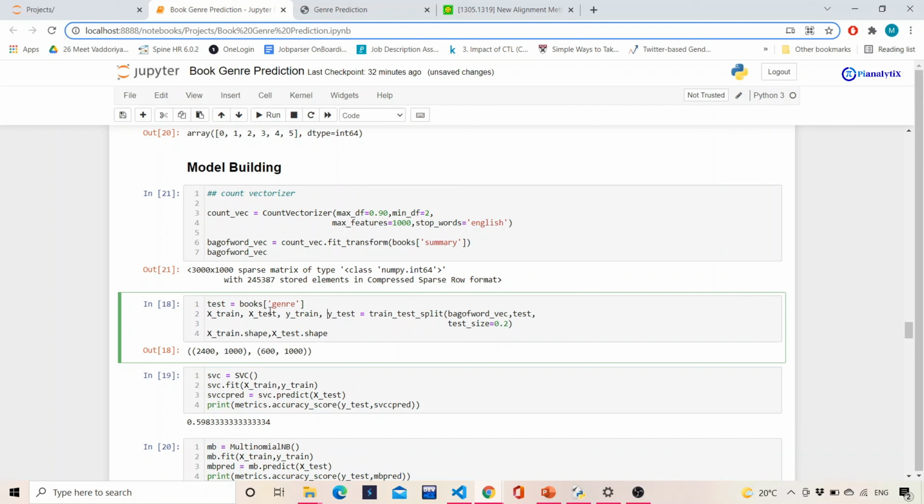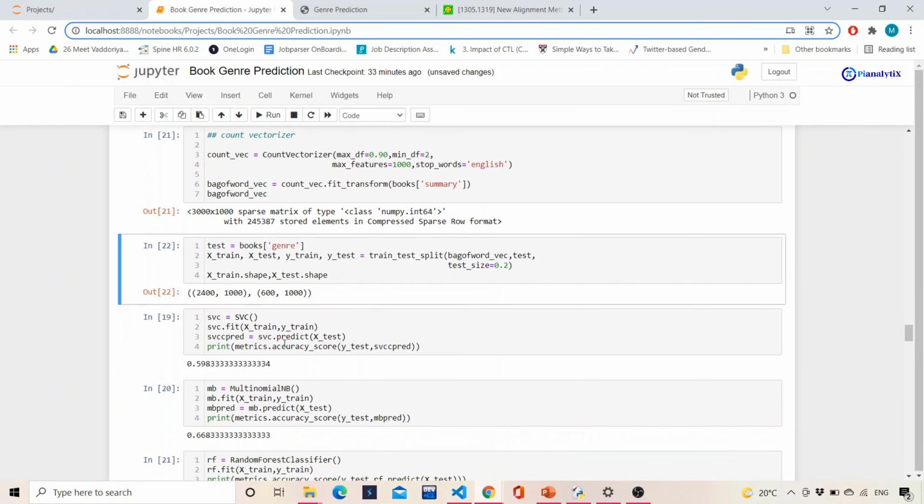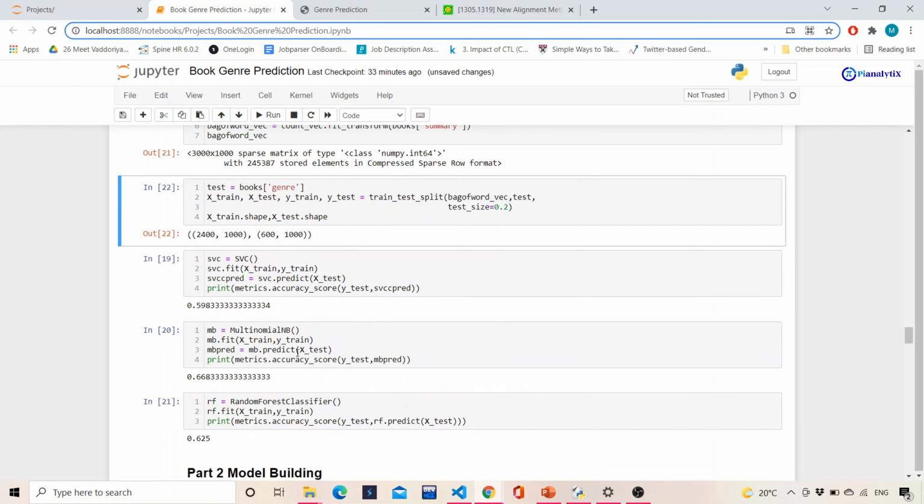We apply train test split so that the data gets split into training and validation. If we look, 2400 are for training and 600 for validating.